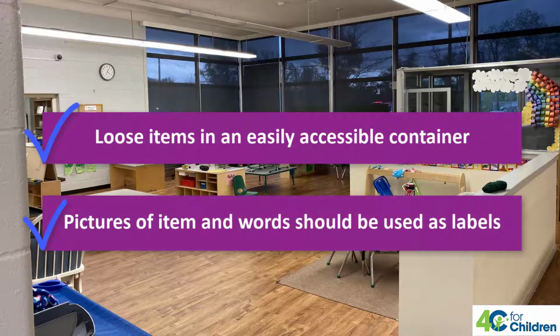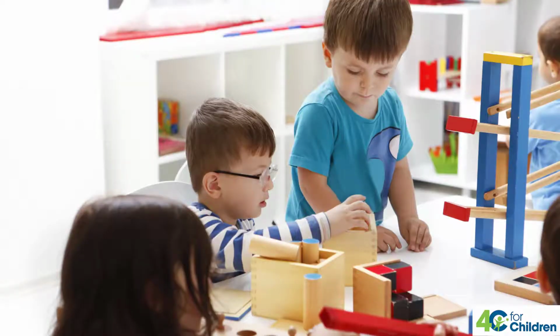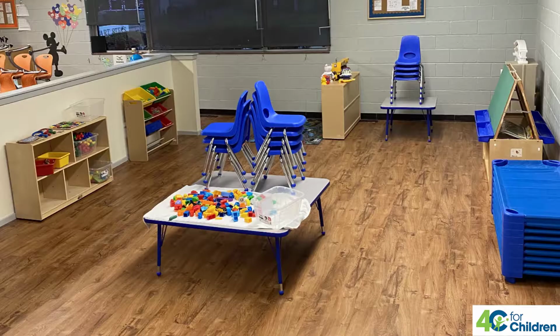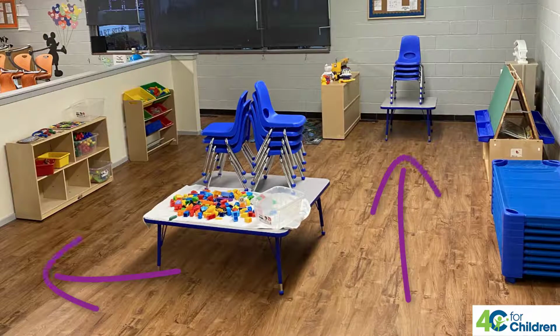Pictures of the item and a clear printed word should be on all the bins and shelves. This shows where the learning materials belong. The areas should be posted low and at the eye level for the preschooler with a clear picture and printed word on the area. Learning areas should remain open with plenty of room and seating as required for children to